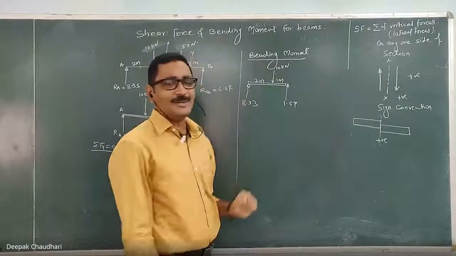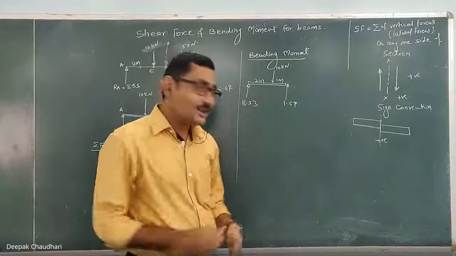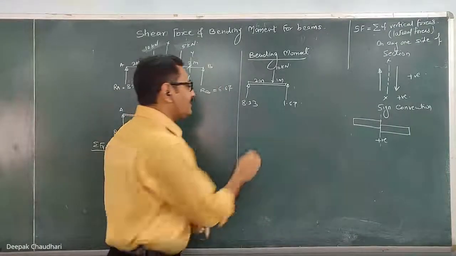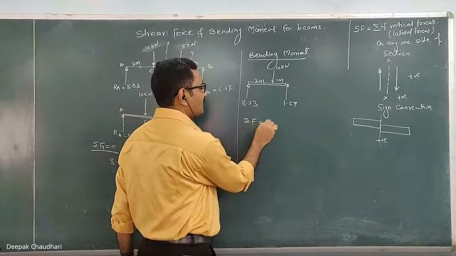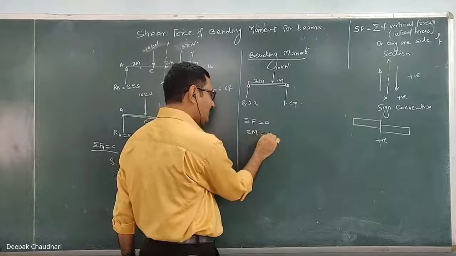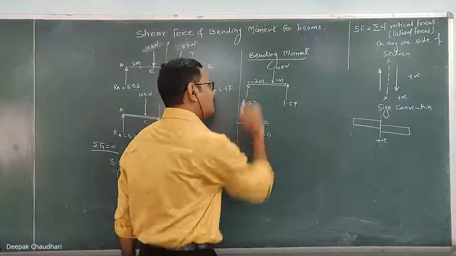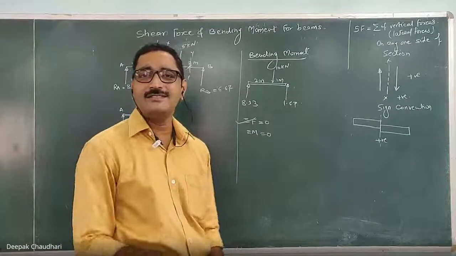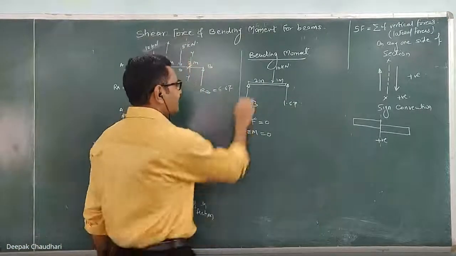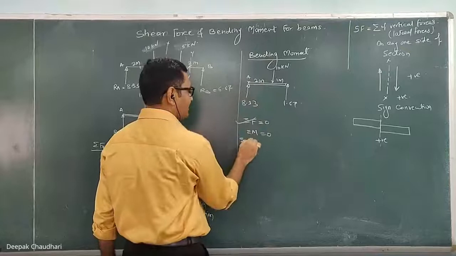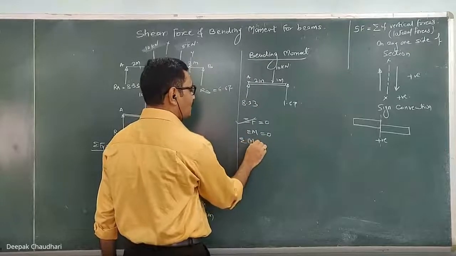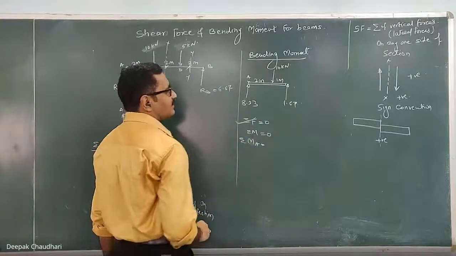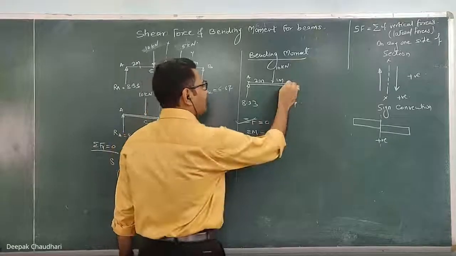Now I told you that with this shear force the beam is in equilibrium. But is it in complete equilibrium? For the complete equilibrium, there should not be any unbalanced force. Unbalanced forces should be equal to 0 and unbalanced moment should also be equal to 0. This condition is being satisfied here. But whether this condition is satisfying here, let's check. If I take the moment about A, algebraic summation of the moment of all forces about point A, what I will get? Or you can take it at this point.